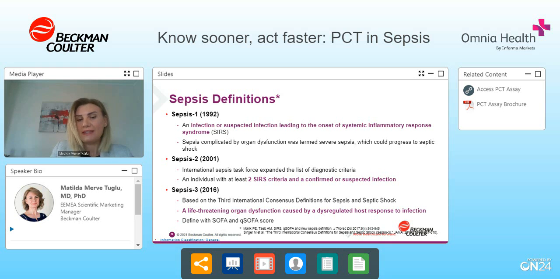And lately, in 2016, there was a new definition of sepsis called Sepsis-3, and according to this definition, sepsis is defined as life-threatening organ dysfunction caused by a dysregulated host response to infection. The sepsis-related infection and organ dysfunction is assessed by the Sequential Organ Failure Assessment score, and the previous expression, severe sepsis, is no longer used. This new definition emphasizes the primacy of the non-homeostatic host response to infection, the potential lethality, and the need for urgent recognition.